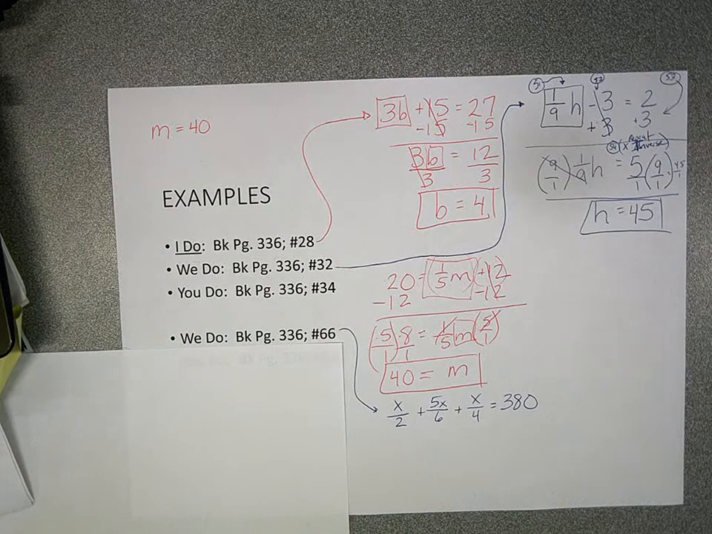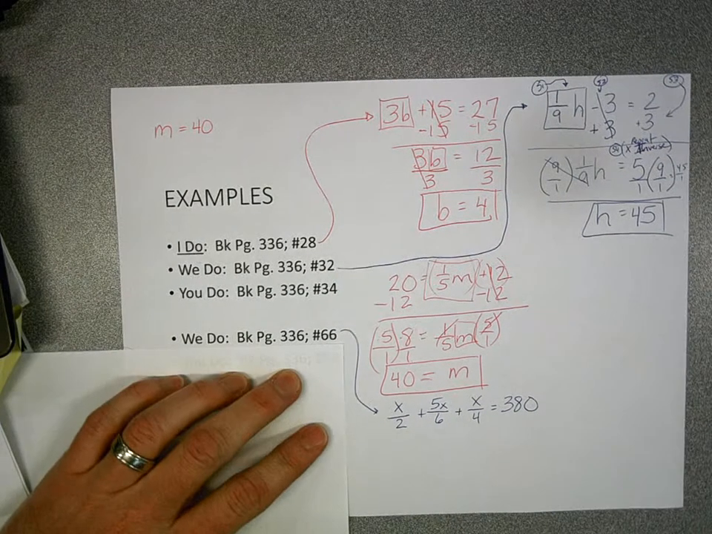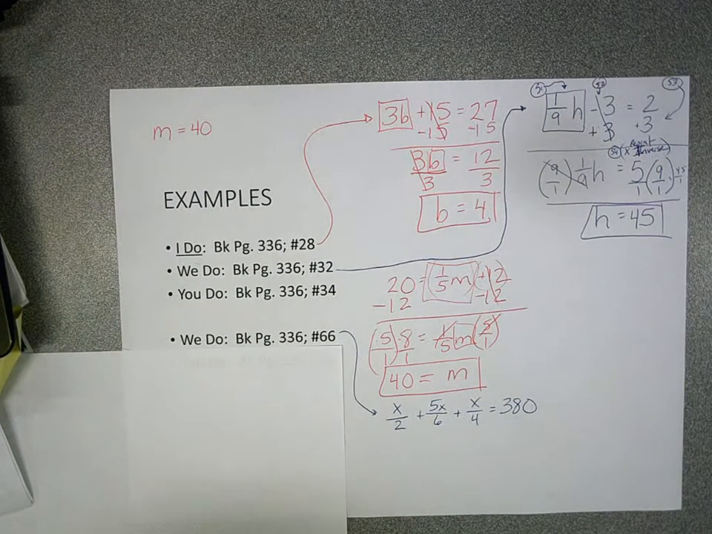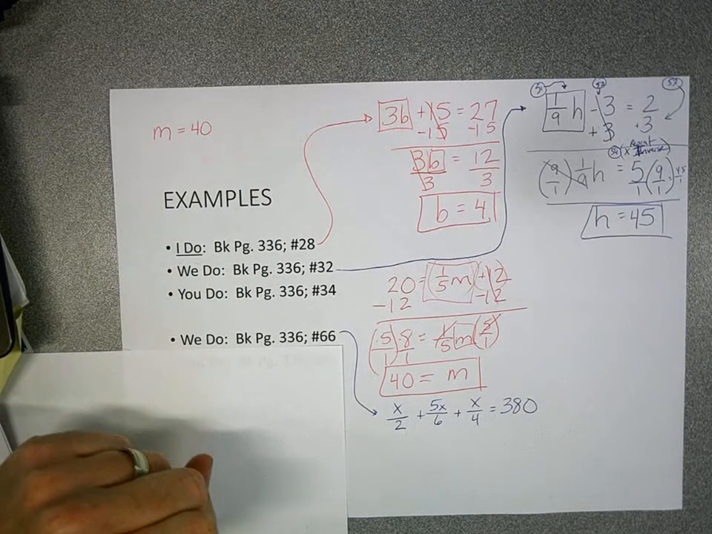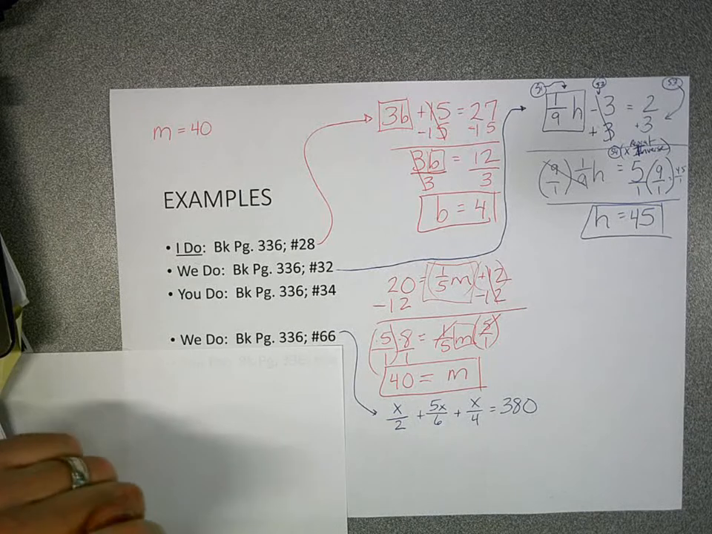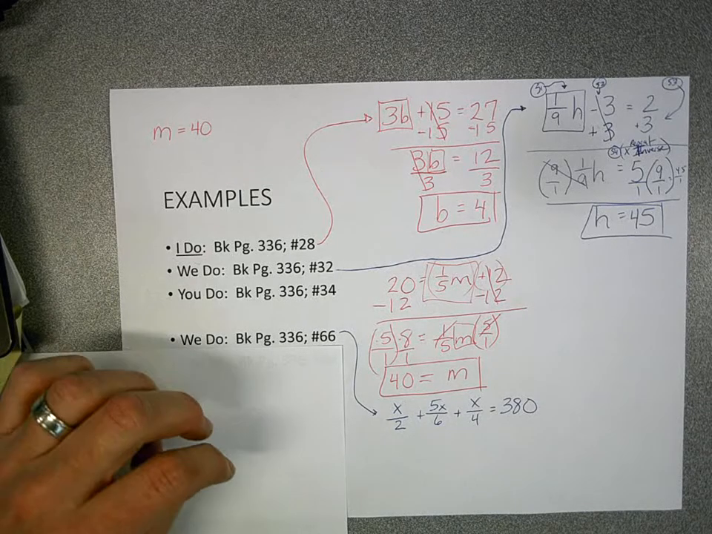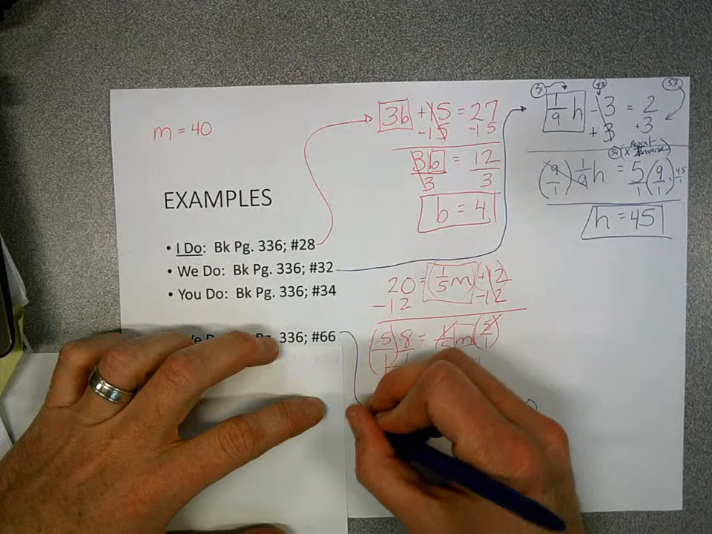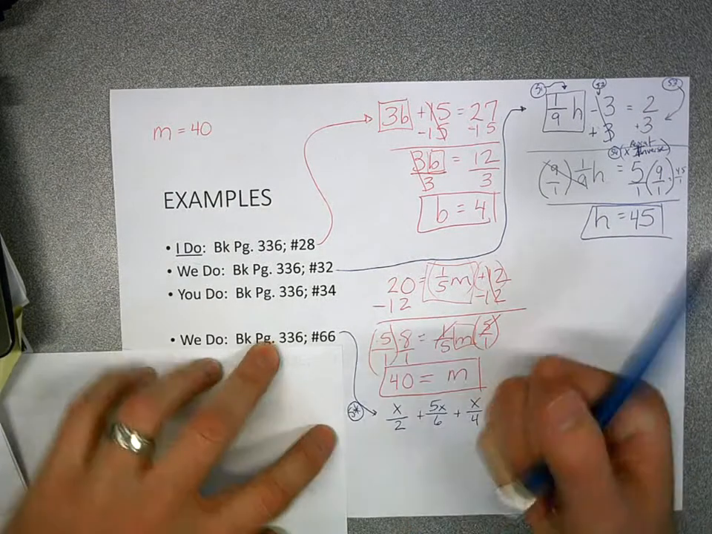Okay, so this right here is a two-step equation. Okay, however, we have to do what we can call step star before we even finish off the two